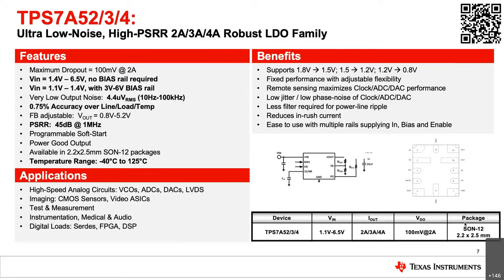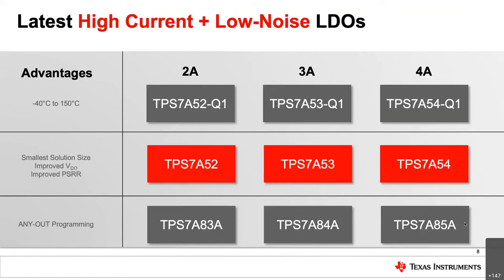and fairly high accuracy. You can see that this type of device is really meant for high-speed analog circuits, imaging, as well as medical in order to take advantage of the performance these devices bring. In the past, we've had the TPS7A8 family, as shown at the bottom, which offered programmable output that we call AnyOut through an internal resistor network. Up top, we have the automotive versions of these devices, which expand the junction temperature range up to 150 C. These devices particularly go onto radar platforms, where they need the ultra-low noise performance and small form factor.